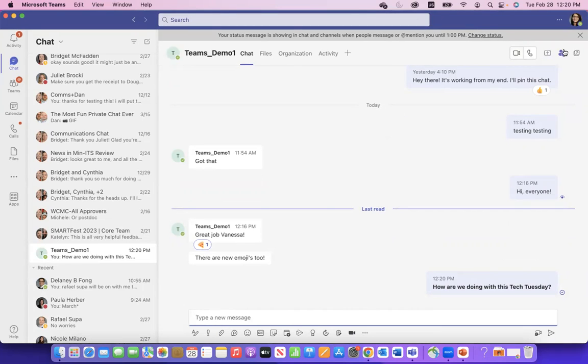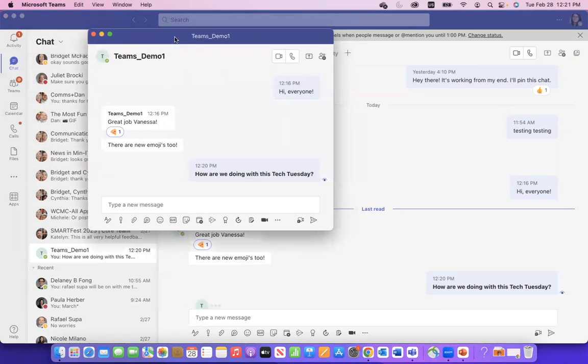You'll also notice here at the very top, there are some very handy buttons. Again, anybody in this chat, so right now it's with Raphael, I could start a video call or an audio call. We were talking again about those ad hoc meetings. This is how you would do it. You might end up using this quite a bit if you're having very in-depth discussions through Teams. You can also do screen sharing right here with this button, very similar to Zoom. And you can also pop out your little chat window in case you need to keep it separate to manage your desktop.